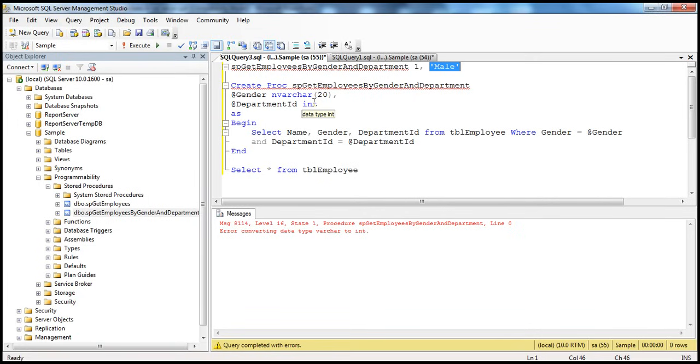So when you have multiple parameters that a stored procedure is expecting, and you're passing just values, the order in which you pass them is important. The first argument will be used with the first parameter, and the second argument will be used with the second parameter. That's why the order is important. But